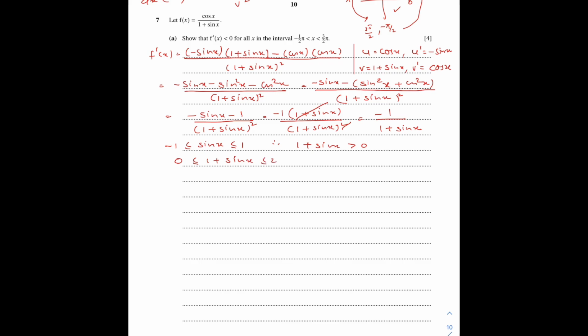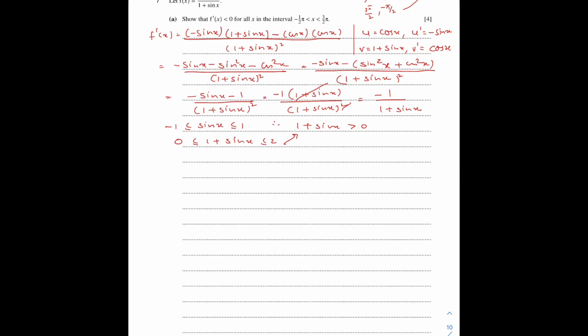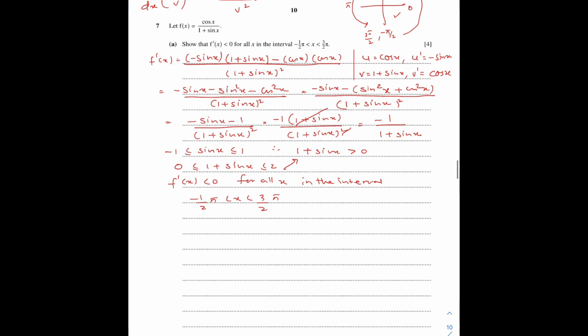That means 1 plus sin x is more than 0. If I add 1 throughout, that becomes 0 is less than or equal to 1 plus sin x, which is less than or equal to 2. That's what I get, which means 1 plus sin x is more than 0. All right, next one: f dash x is less than 0 for all x in the interval